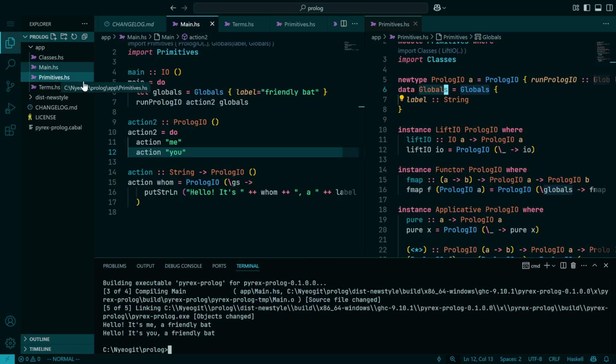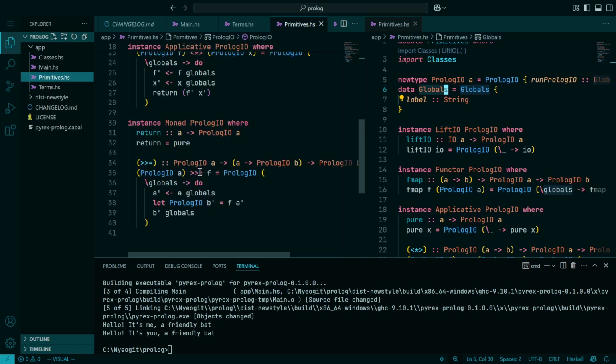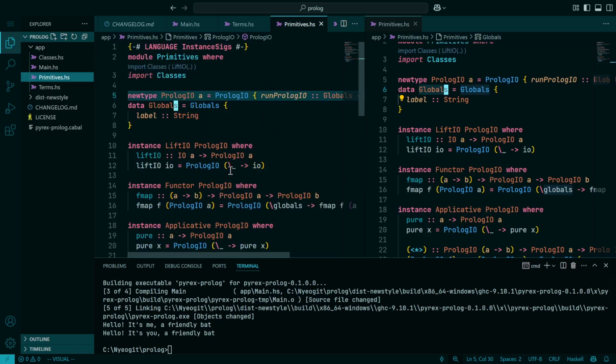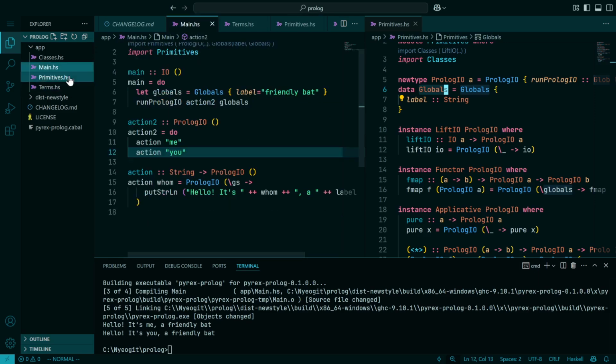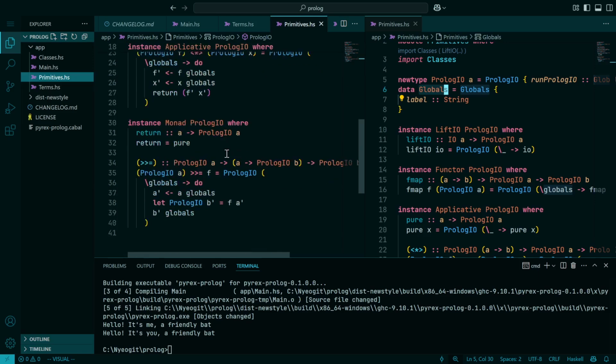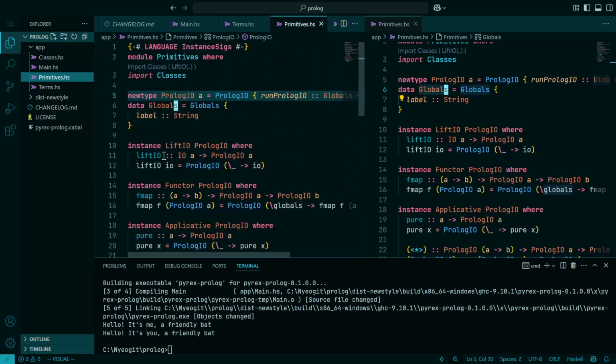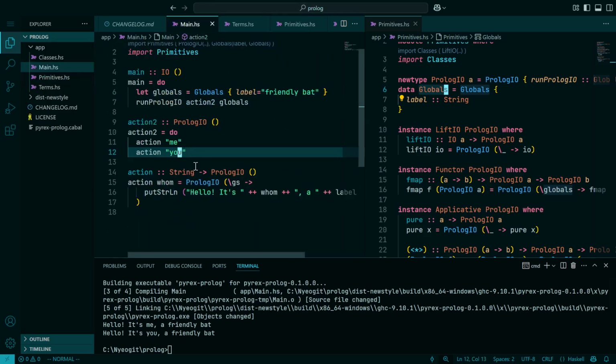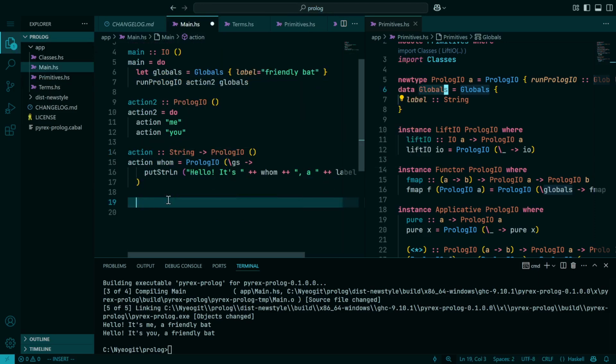There's one other thing we can do, by the way. You might remember that we have this lift Prolog IO function. Where did I define that? Sorry, we have the lift IO function. We haven't seen that yet. So one of the things we can do is we can replace putStrLn with